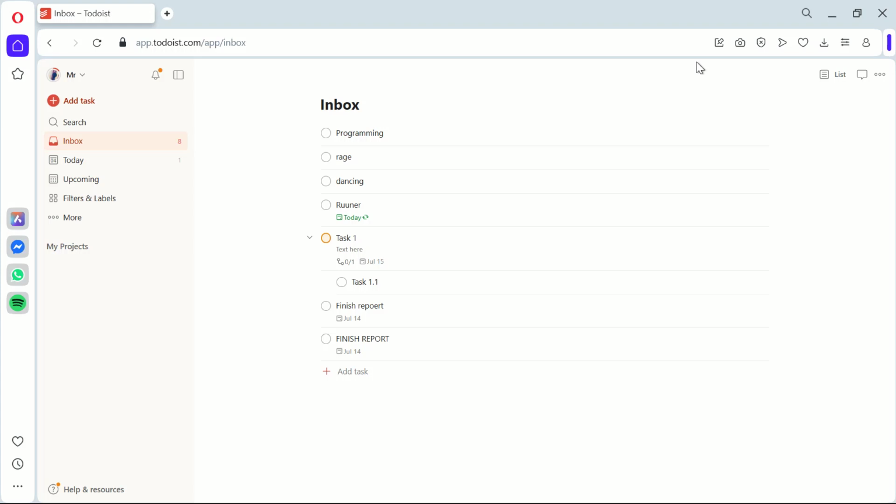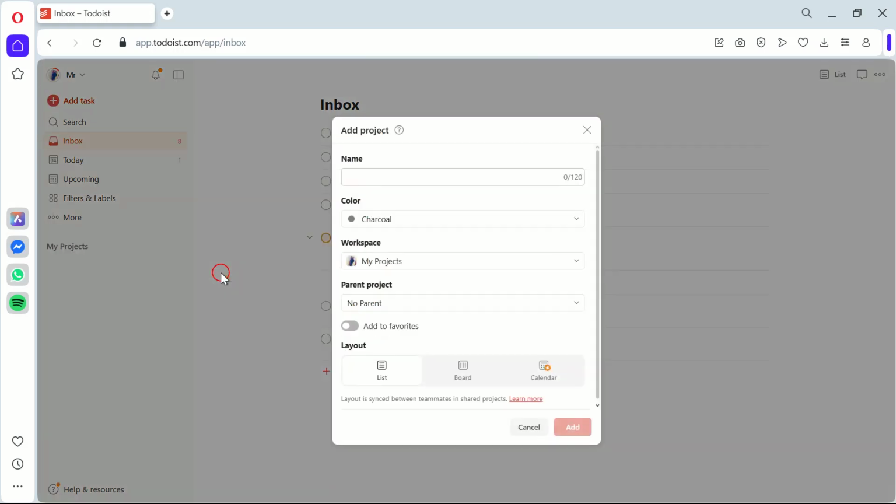Today we're diving right into how to use Todoist for your content planning in 2025, making your workflow smoother and more efficient. The first step is to create a new project. Simply click on the plus Add Project button on the left bar. This is where we'll organize all your content ideas. The reason we do this is to keep all your content-related tasks separated from your other duties, ensuring nothing gets